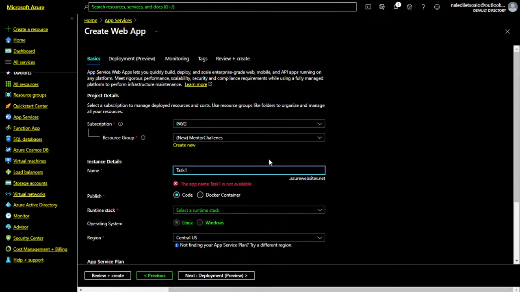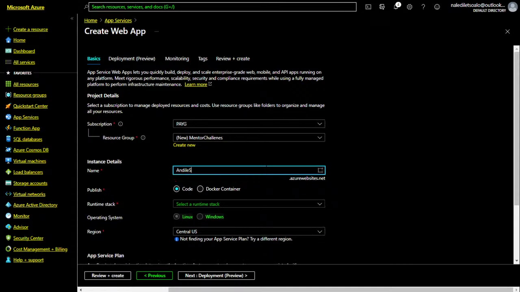And there we go. Okay, so the thing is task 1 is not available because somebody somewhere has possibly used it. So let's try and make it delay SP. Okay, there we go. So now this is unique in all of Azure.